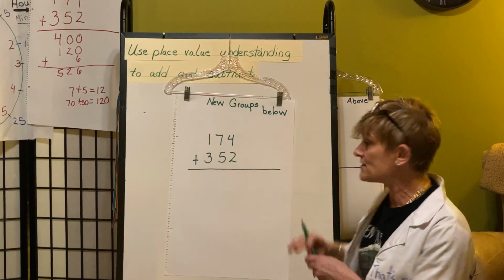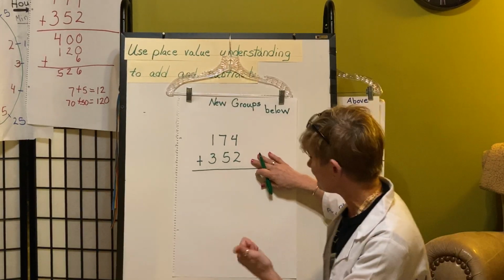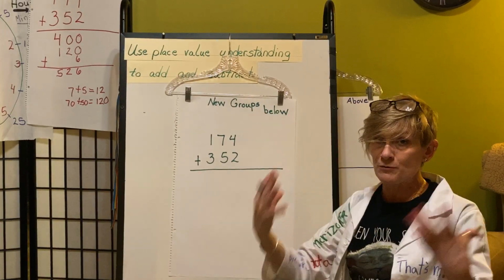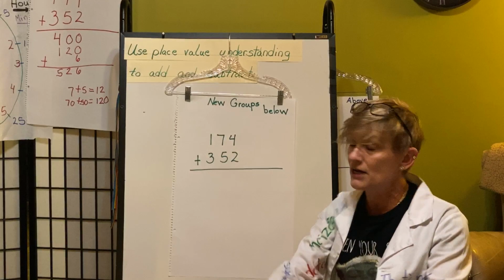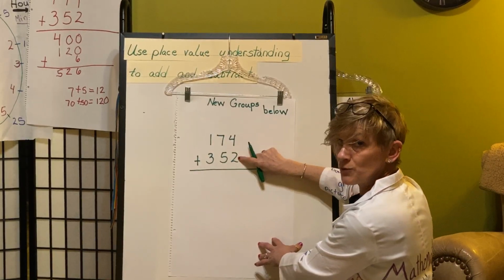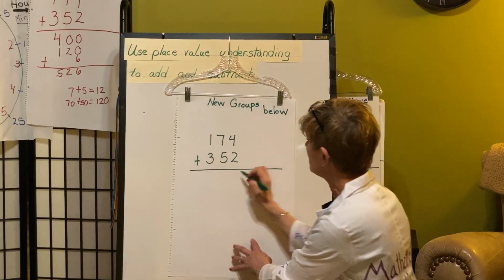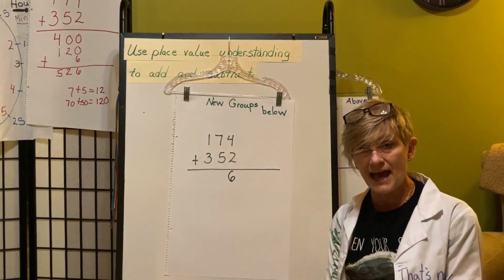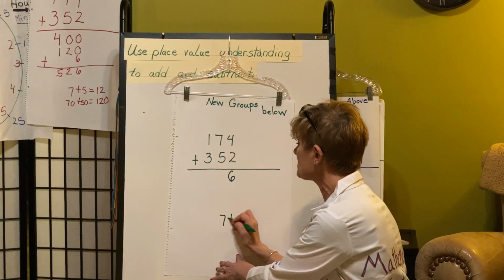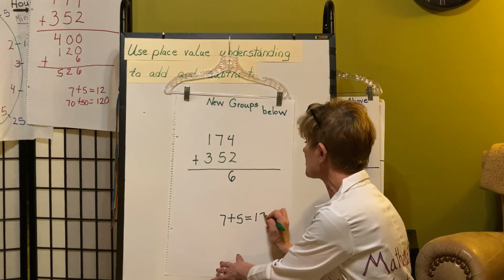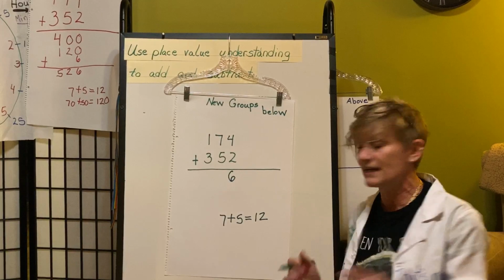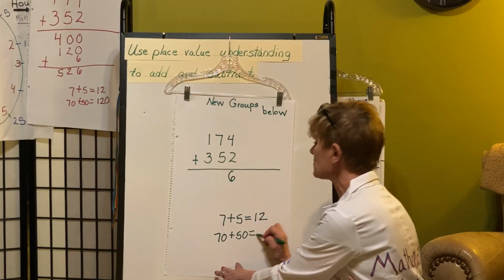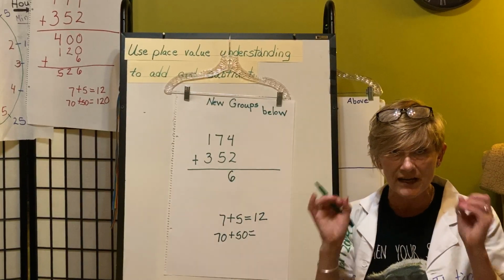So here we go, my friends. Do you have this on your board? Great. I'm going to start with my ones. I always do, especially when I'm trying to see if I'm making new tens and hundreds. 4 ones plus 2 ones, pretty comfortable. We know that's a 6. 70 plus 50. Again, we can use our understanding of 7 plus 5, which is 12. We use that understanding when we're talking about 7 tens and 5 tens. We then have 12 tens,